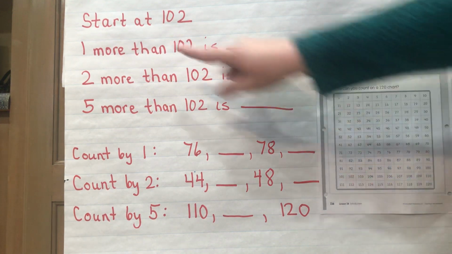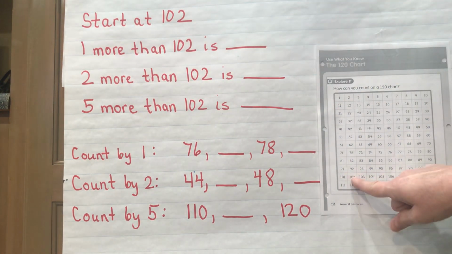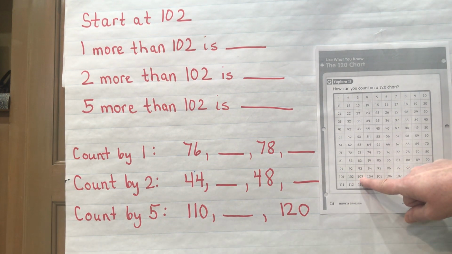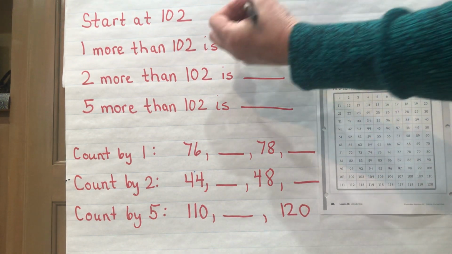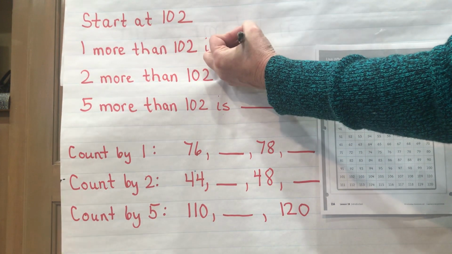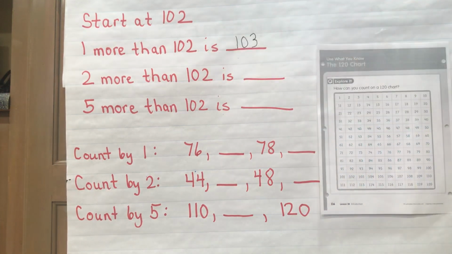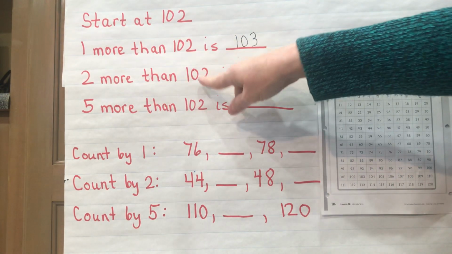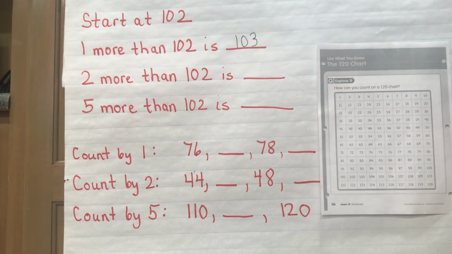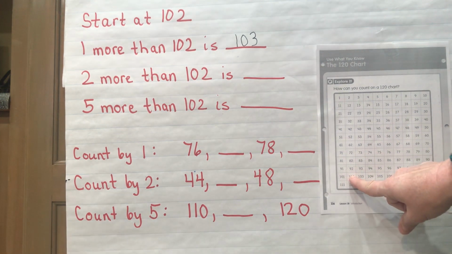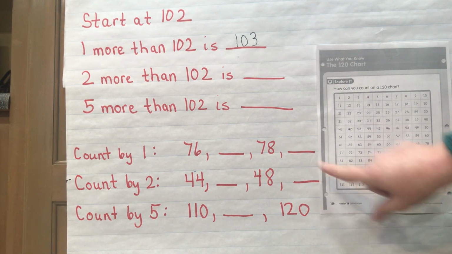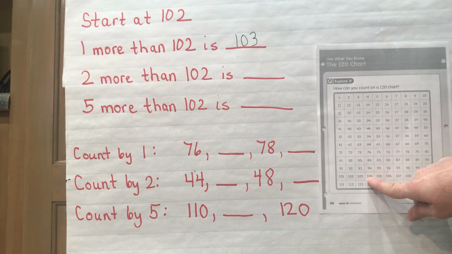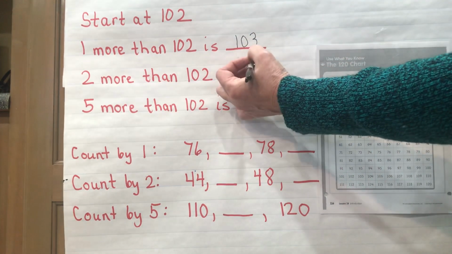And then it says one more than 102. So I just count over how many more. You're right, 1. So, 1 more than 102 would be 103. And I would write that down. Then I would go to my next. 2 more than 102 is, well, I go back to that number, 102, and I just count over 2 more. 1, 2. That gets me to 104. So then I would write